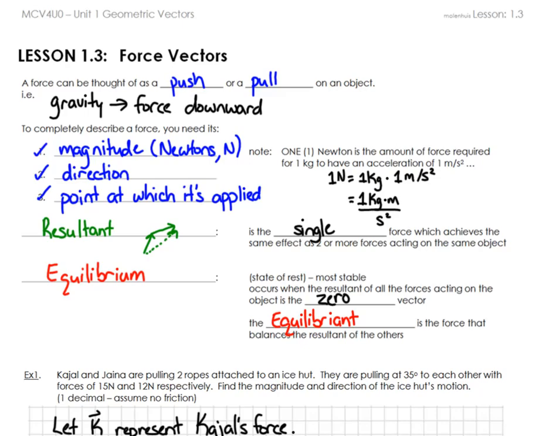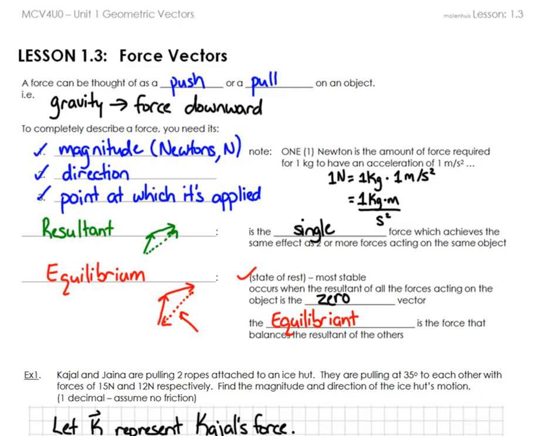Now, when movement doesn't happen, everything is said to be in equilibrium. So that is a state of rest where everything kind of cancels each other out and you get a zero vector. So for example, if you had several vectors going like this, but instead it returns back to the original position, well, you didn't really go anywhere. That's what an equilibriant vector is. Okay, so this guy right here is called an equilibriant vector. It's where all the arrows are kind of going in a circle, and so they all cancel each other out